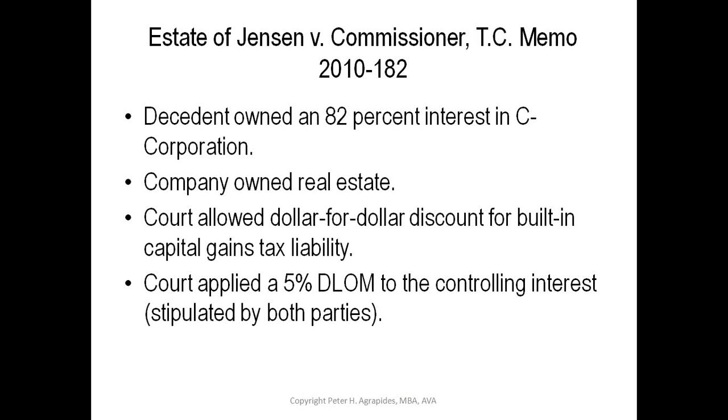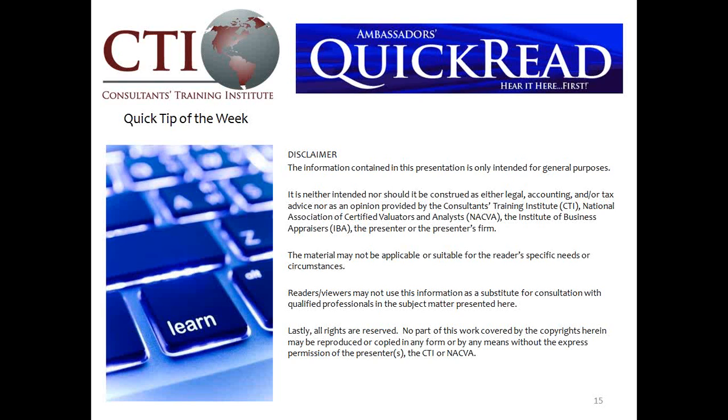We have good case law. It seems that the circuit courts that have had the chance to rule on this issue are all doing the same thing. They are all allowing dollar-for-dollar discounts. Second, we also have the Tax Court on board with Jensen versus Commissioner, which is now allowing a discount. There was also a state case, I think in Tennessee, that also allowed a dollar-for-dollar discount. So I think we're in good shape now to actually